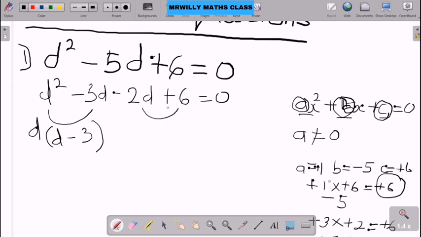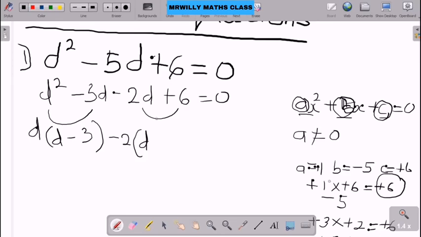That is minus 2d plus 6. So you look for a factor that is common to both minus 2d and plus 6. Minus 2d and plus 6. We are going to settle for minus 2. Minus 2 is a factor for both minus 2d and plus 6. So if you use your minus 2, open a bracket, to divide minus 2d, you'll be left with what? With d. Then